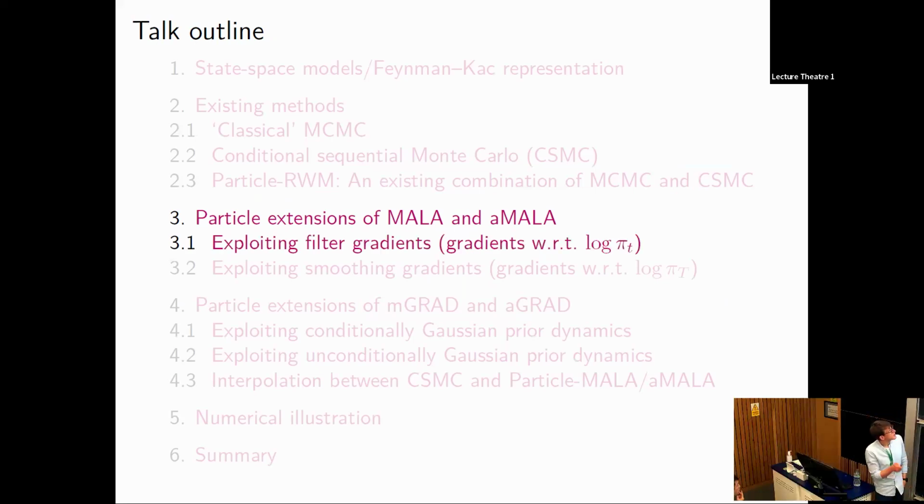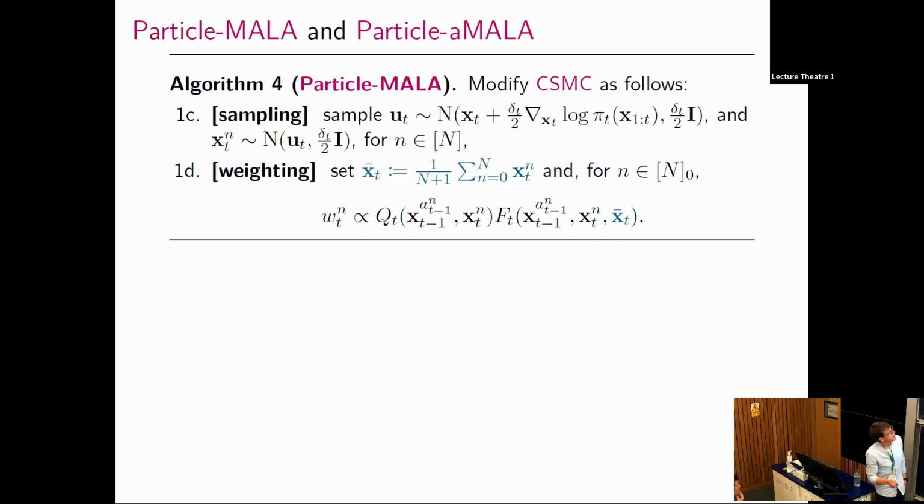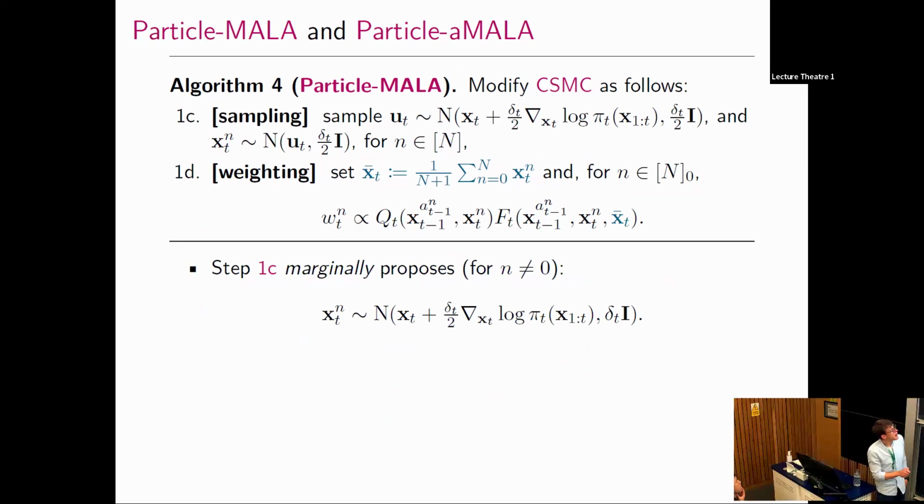Yeah, so let's first utilize gradients. The first algorithm that we introduce, we're calling particle Muller. It samples particles again in a complicated way using an auxiliary variable here. But the main thing is that marginally, the nth particle is proposed from this distribution, which looks like the Muller proposal. Right? So in particular, we are now using gradient information here, information from the filter gradients to be